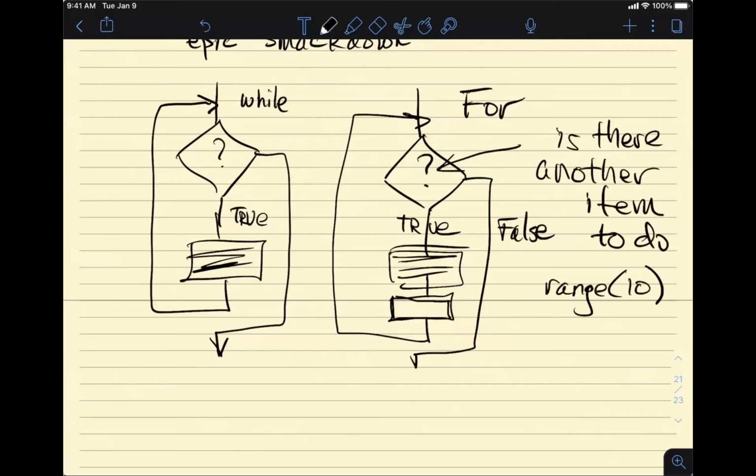So let's say we're at 8. We have another thing to do. We have 9. Perhaps it is a dictionary.keys. And let's say you have 21 keys in there and you're only up to the 17th key. Is there another thing to do? Yes, the 18th key. Whereas the conditions in the while are really much more general. It's anything that can produce a true or a false.